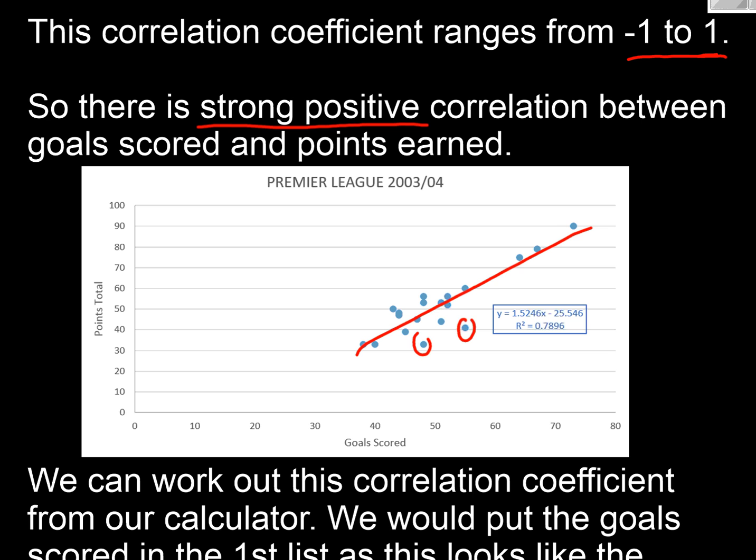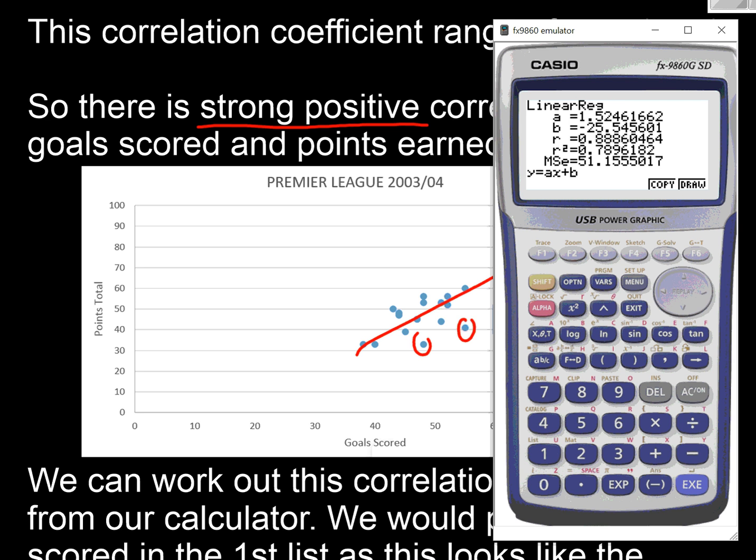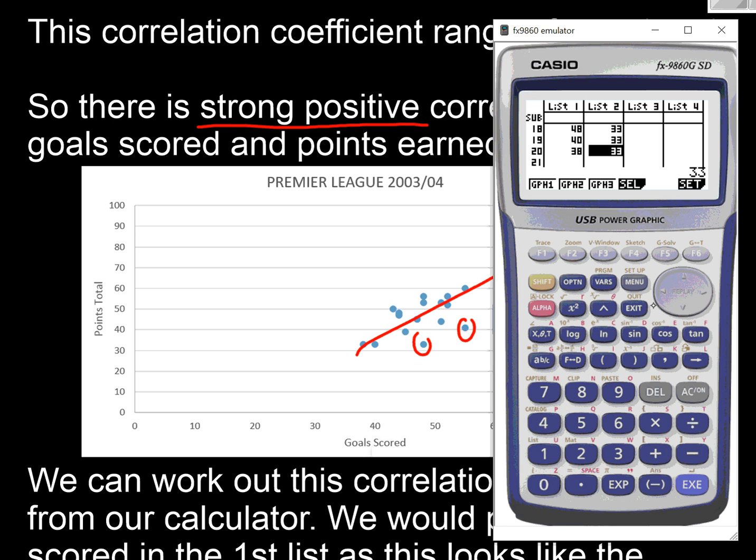Okay, and we can use our calculator to do this for us, our stats calculator. So let's go back here and have a look. Okay, what we've got here is lists of data. In the first list, we've put our goals, because logically in the world, the number of goals scored is driving the number of points. It's not the other way around. It's not the number of points driving the goals, is it? It's goals driving points. So we're going to put our goals in list 1, and then we're going to put our points in list 2, and we're going to work on